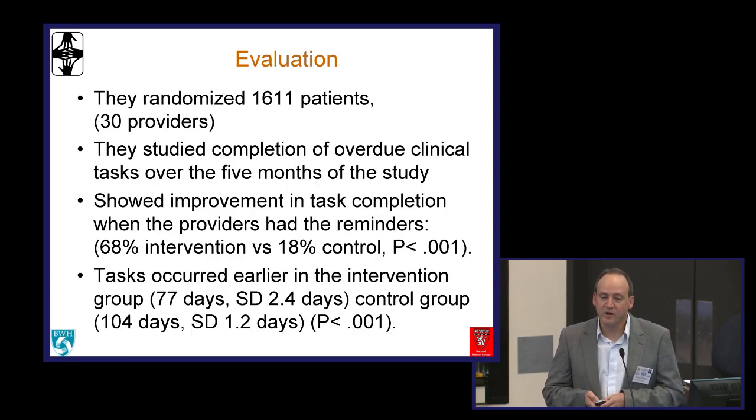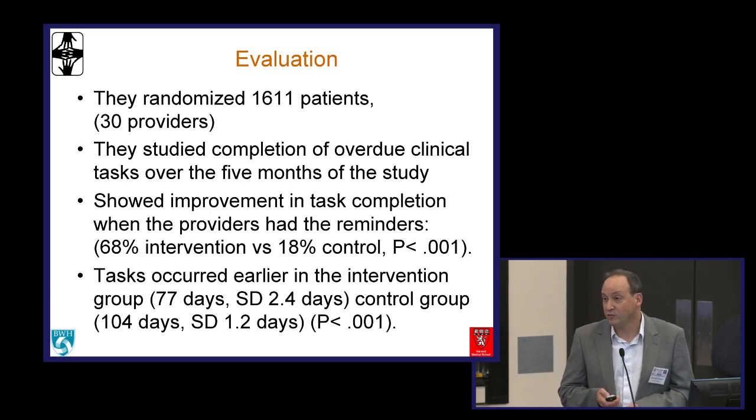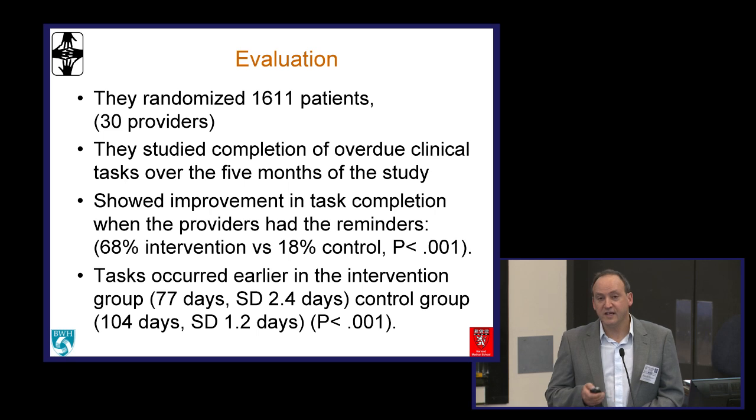And they found there was a really pretty big difference in 1,611 patients, that there was actually a 4 times increase in the providers responding and actually taking the action. 68% in intervention versus 18% in the control group. And so this was really a very significant difference. It doesn't yet show an impact on patient outcome, which is the next step, but I think it really shows that well-used these systems can actually have a real impact on things that we know are items or actions which will make a difference to patient care.